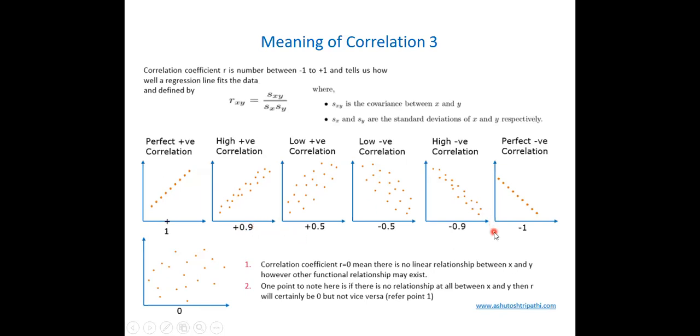So mathematically, minus 1 should be less than minus 0.5. But that is why saying that it ranges from minus 1 to plus 1 can be misleading. You can see it ranges from 0 to 1, and can be negative or positive. Now, look at this last one here, it's scattered. It means there is no correlation.